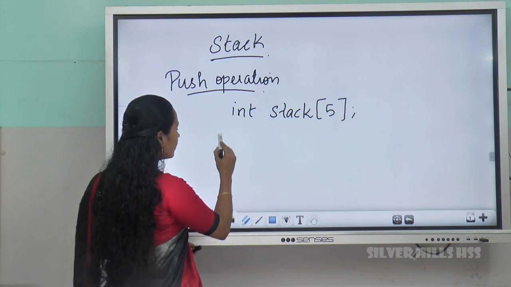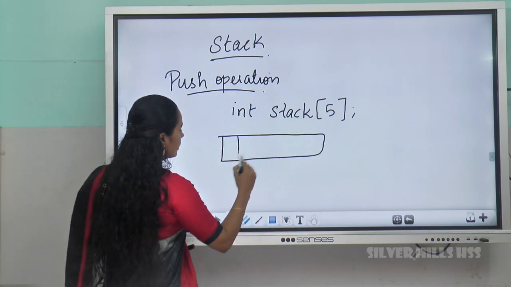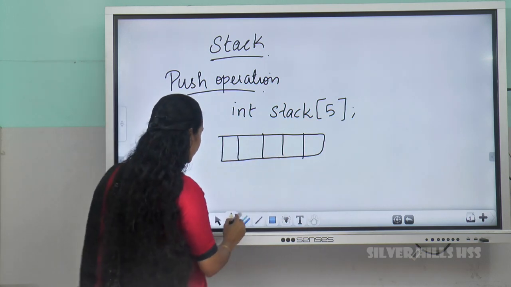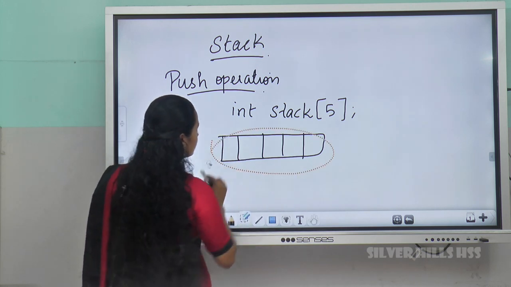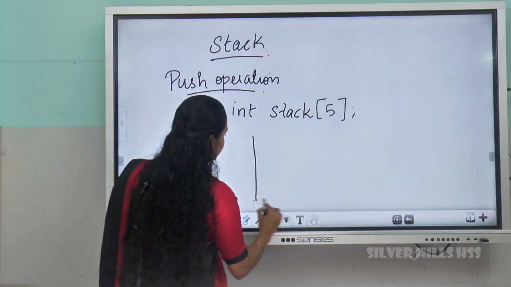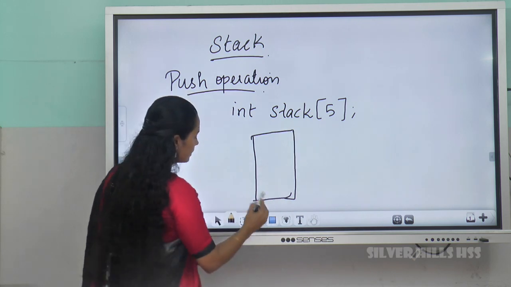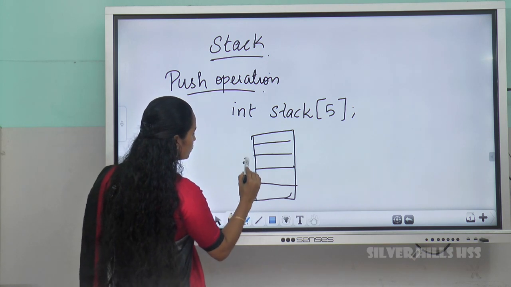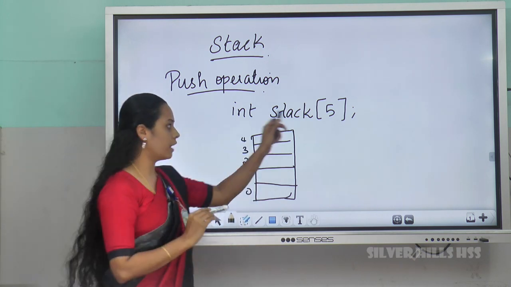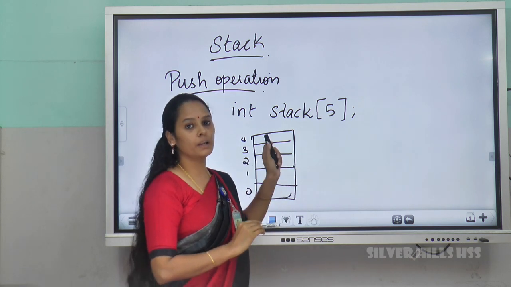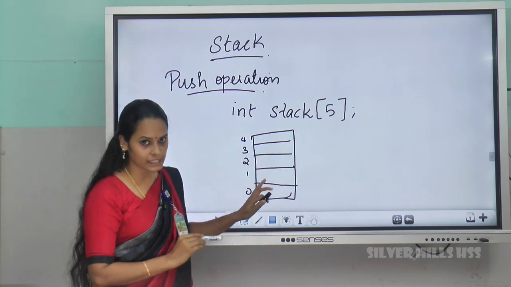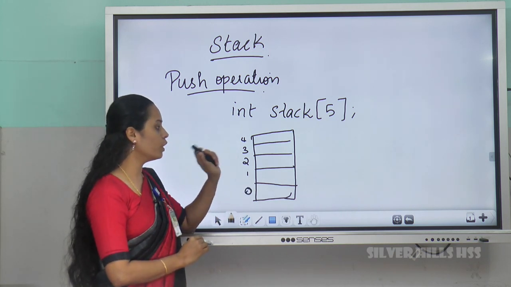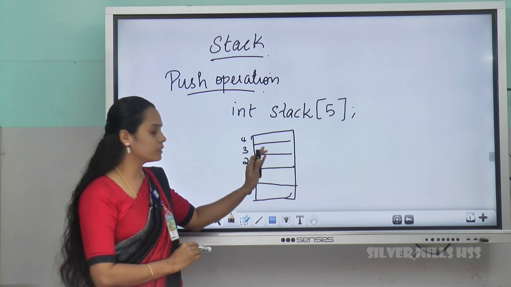Normally we draw arrays in a usual way, but to implement the concept of stack, I am going to draw the array like this, with positions 0, 1, 2, 3 and 4. If the size of the array is 5, you can have 5 elements inside it, and the positions start with 0, that is 0, 1, 2, 3 and 4. Then you can include 5 elements into this stack.